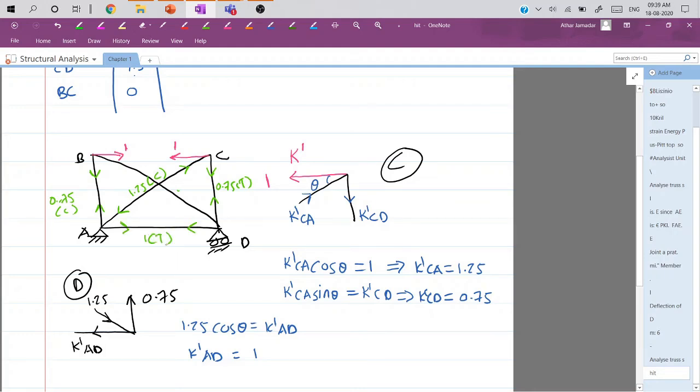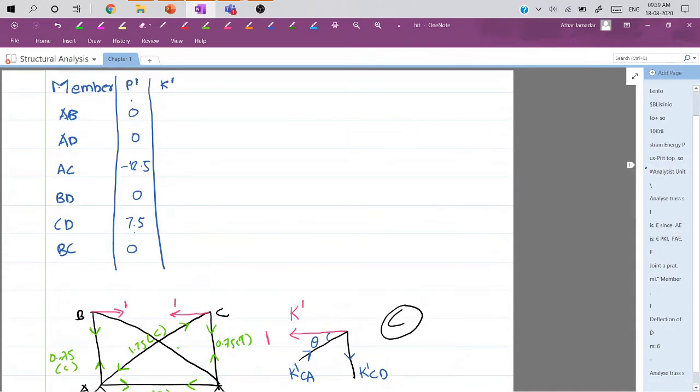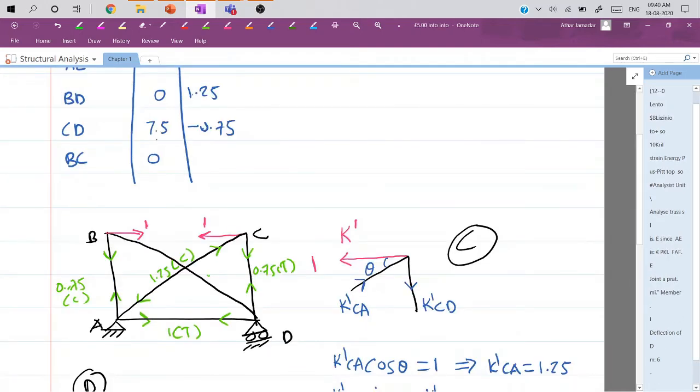Tensile 1. Okay, so I will write down each of the forces one by one in that table, these K forces. The member is not there, but if you imagine, if you draw an imaginary member at the location of member BC, you can see that from both sides the force is going away from the joint, which is nothing but a tensile force. So here we will write down force in member BC as -1.